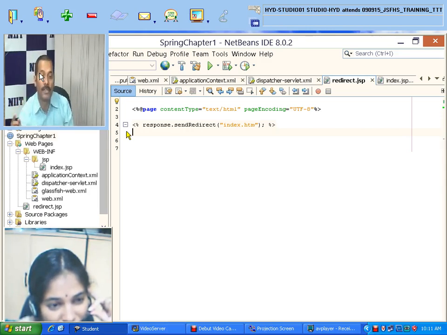It is only the controller where you should write that code. So any view page we display should be reached through the controller only. To do that, we have used this complex process.